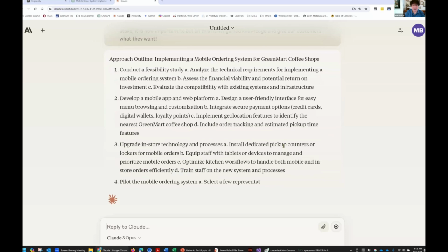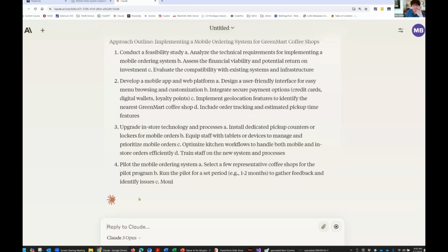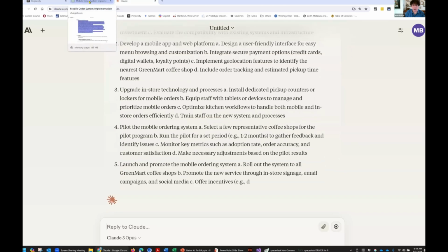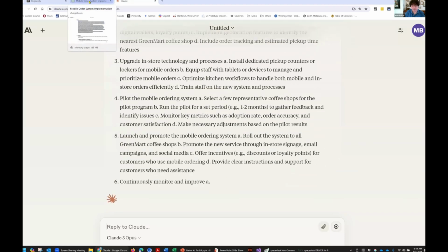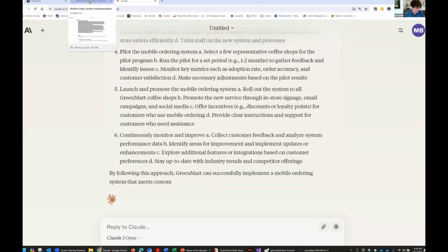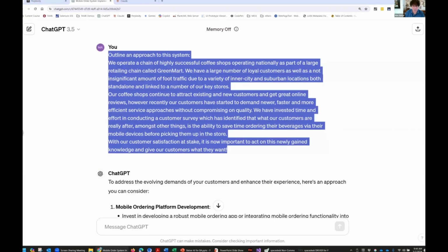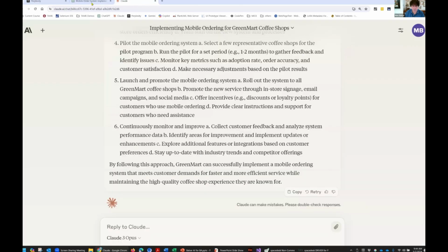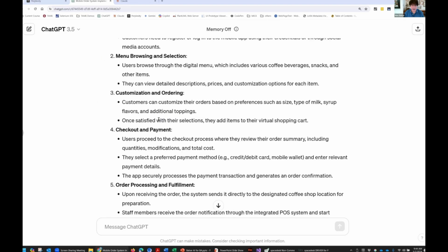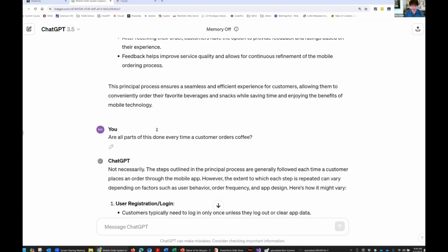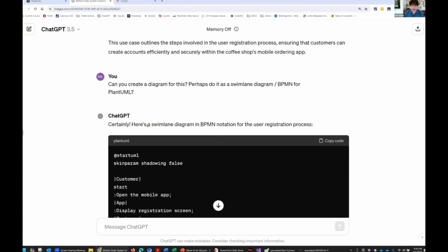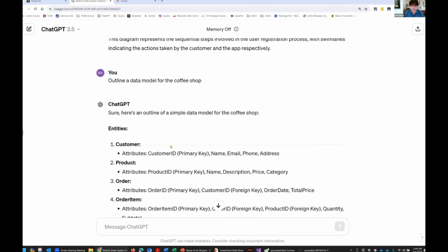But again, the content is there. The content is good. The next thing I will do is I will ask it for a list of stakeholders. Again, I'm going to ask the same question.